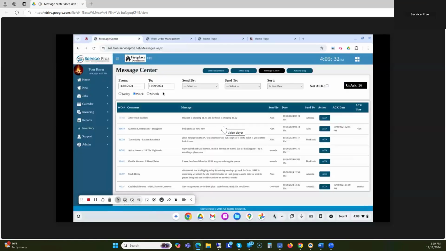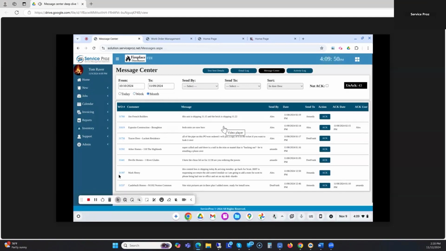If you go back to the Message Center, you can see we have multiple people. These are the folks that can send by. They're duplicated and send to. And then you can do an end date, and you can go up to a month. The critical element here